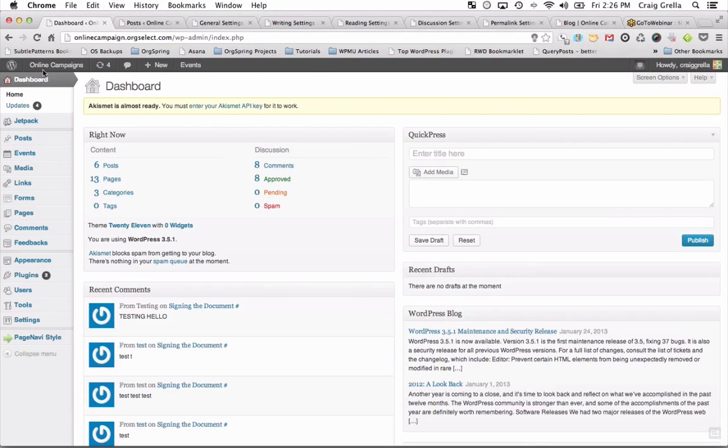Once you log in, you're basically presented with your dashboard. And this gives you a quick snippet of what's going on with your website. So this big box right now tells you that you currently have 6 posts, you have 13 pages, categorized over 3 categories, there are so many comments, things like that. It's a quick snippet of what's going on with your site. What we're concerned about is existing in 2 areas. So everything that has to do with posts is in 2 areas of your site. Right here, posts,